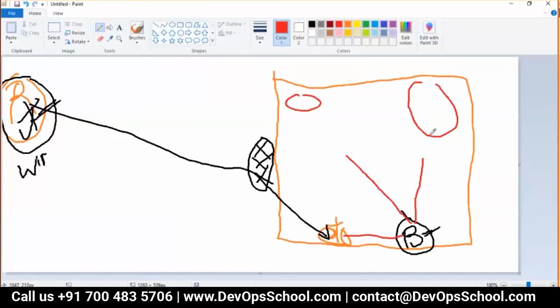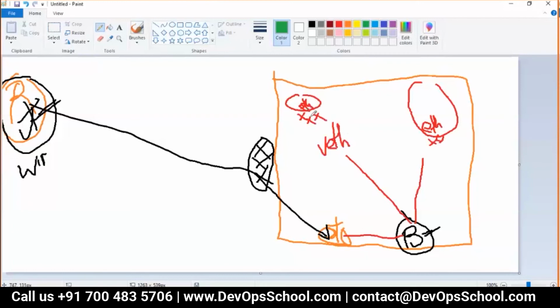Each container also gets its own network namespace, so an ETH0 will be there inside a container also. Because of that, an IP address will be there. This container gets an IP address because it is able to connect with this bridge through veth. What did we call it? veth, virtual Ethernet.